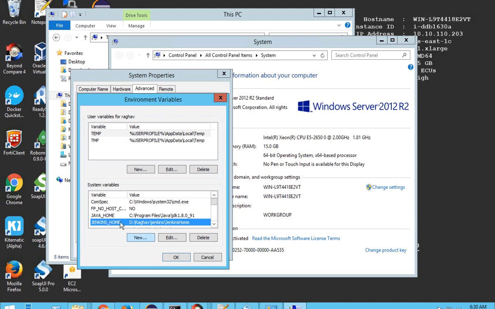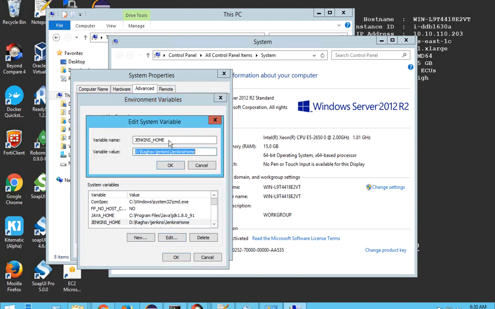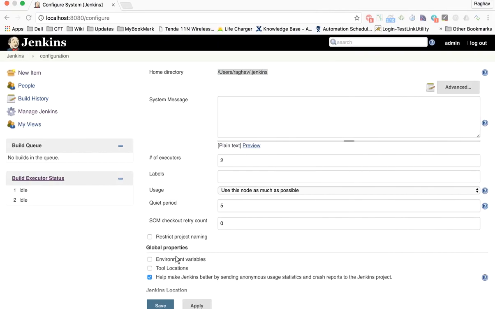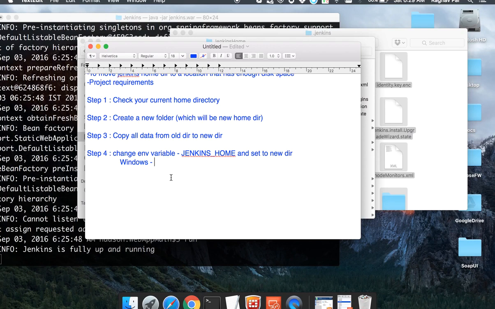Okay, and if it is already there, you can just go to edit, and you have to give the variable name as JENKINS_HOME and the value as the new directory wherever you have created it. Okay, you can do it like this on Windows. Okay, and here you have to change the environment variable, and if you are on a Mac,